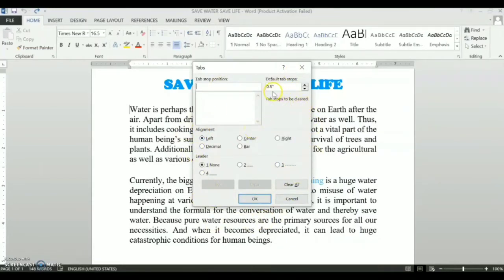Type a tab position, for example 1.25 inch in the tab stop position. You can use the arrows to increase the size. We are writing over here 1.25 and click on the button OK.